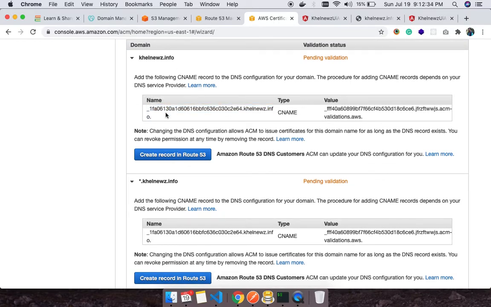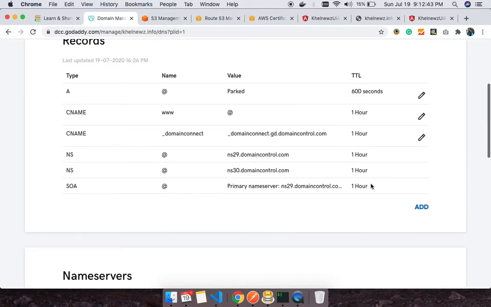So what we have to do as a further step is copy this value and add it under GoDaddy as a record. So hope you can relate it now. Whatever CNAME type is provided by AWS, we are going to add under GoDaddy, so that it will validate whether the domain for which we are requesting the certificate is valid or not.